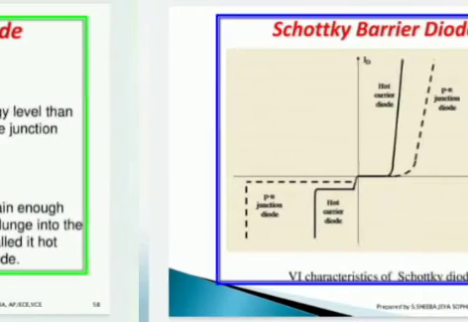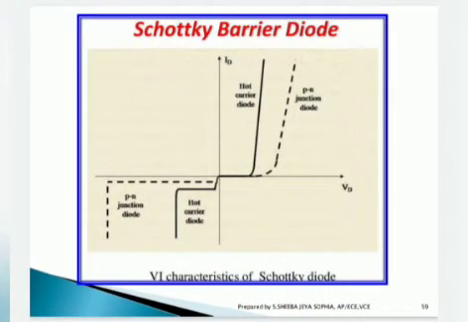And this is the VI characteristics of the Schottky barrier diode, which you can clearly see in forward bias and reverse bias. It conducts with minimum voltage drop. It starts conducting earlier when compared to the PN junction diode. Here you can see the hot carrier diode compared with the PN junction diode. It starts conducting at an earlier voltage itself. The voltage drop is very minimal compared to the PN junction diode.